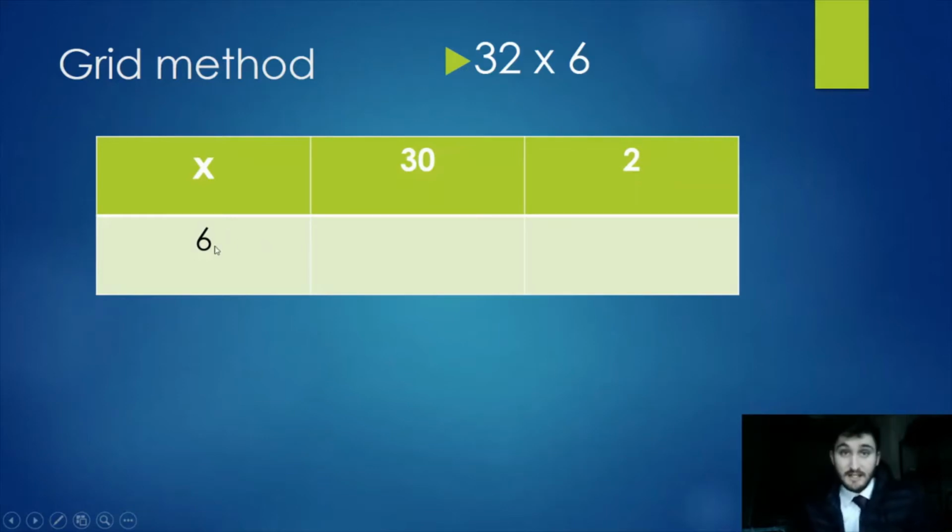That makes it much, much easier for me to work out. So I meet my 2 in the middle and I would do 6 multiplied by 30 and I would put my answer in here. Then I would do 6 multiplied by 2 and I would put my answer in here. So I know that 6 multiplied by 3 is 6, 12, 18. But remember, it's 6 times 30, so I need to